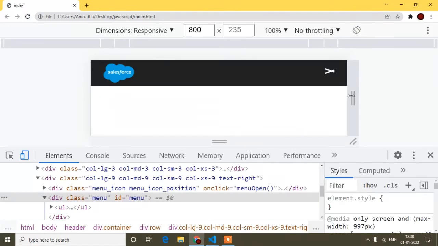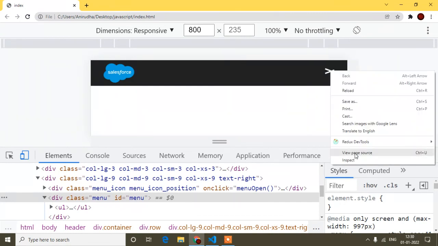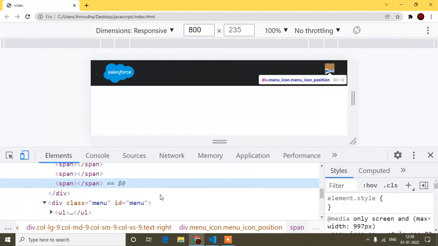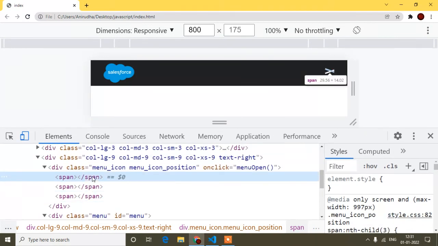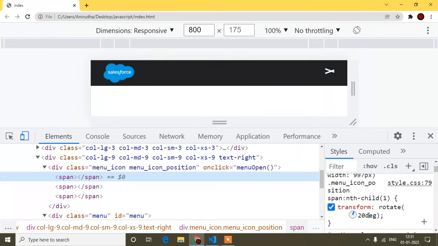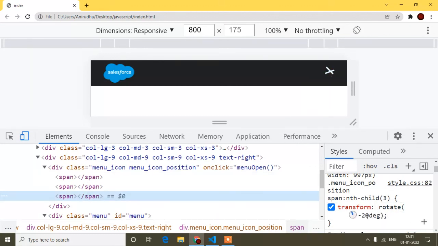You can see it's going to be a cross sign, but still it's not perfect. So I will come to the span tag, and from here I will adjust. So for the first span tag, it's not 20 degree, here I will increase it, I think 45, I think perfect. And for this I think minus 45, it should be perfect.